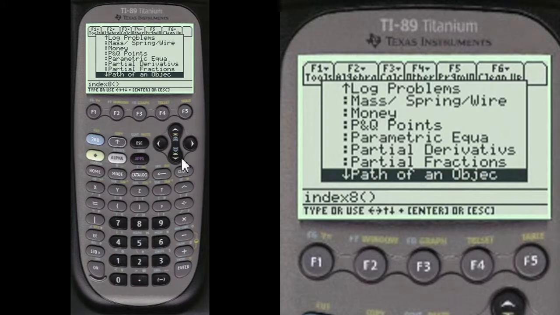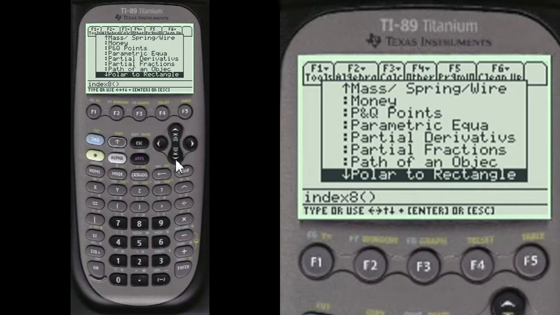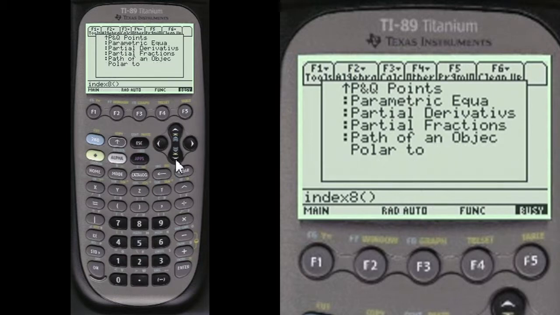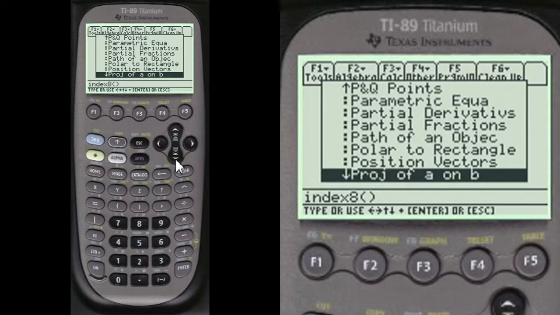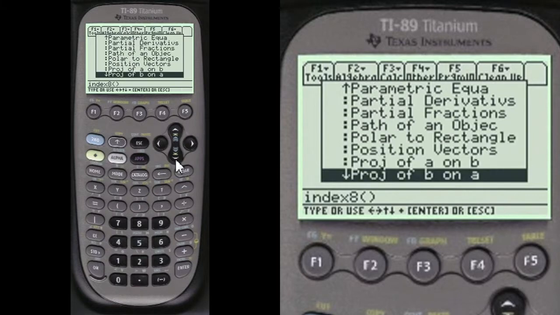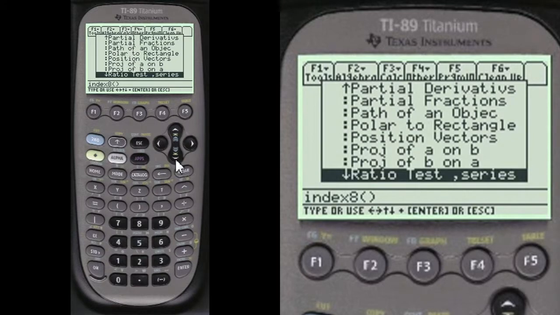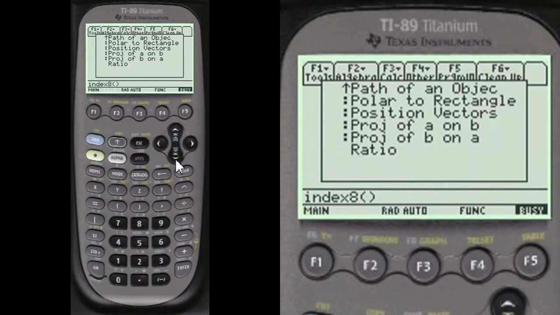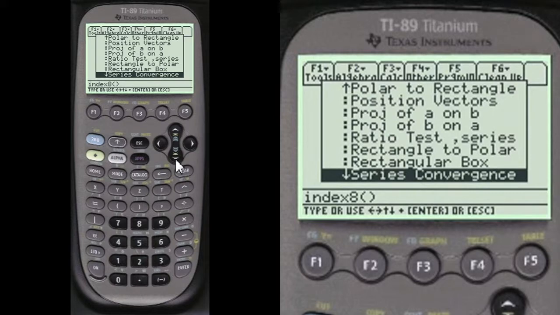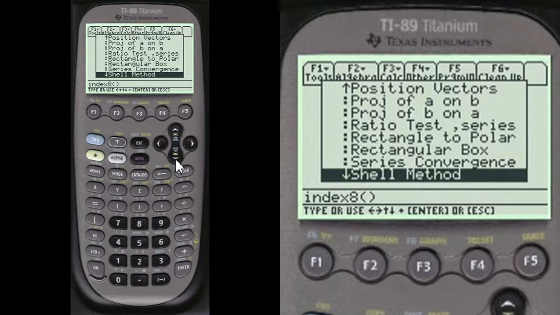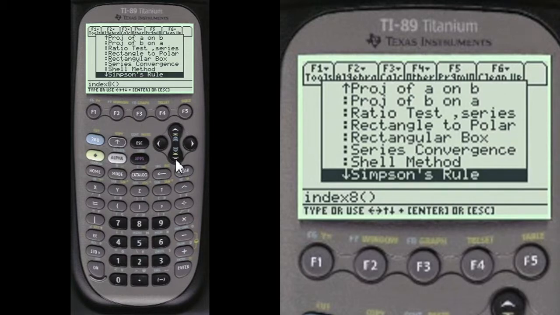Those are to different bases. Mass and spring of a wire, money, P and Q points, parametric equation, partial derivatives, partial fractions, partial fraction decomposition, path of objects, polar to rectangular conversion, position vectors, projection of A and B, projection of B on A, ratio test and series when you're talking